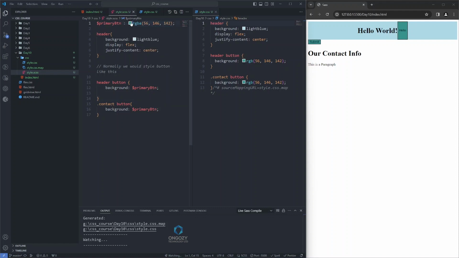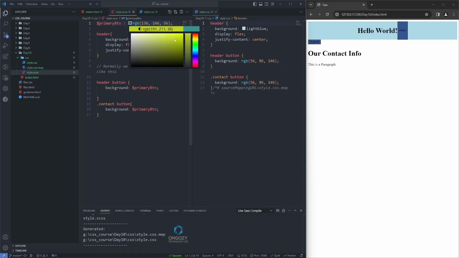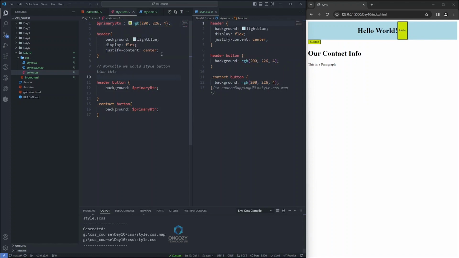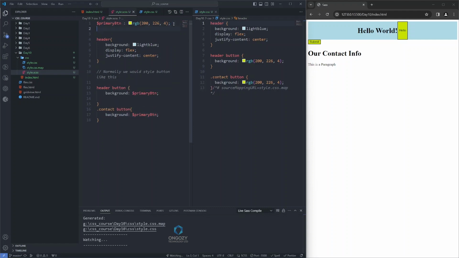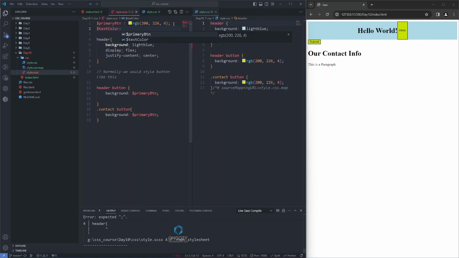All right, and you can see that this color is greenish from up here, but now if I want to change its color, I can change it to yellow, and also in our contact button we can change its color to a different color. We can have another variable of text. We can change the text color. We have a variable with a $ sign, text color,